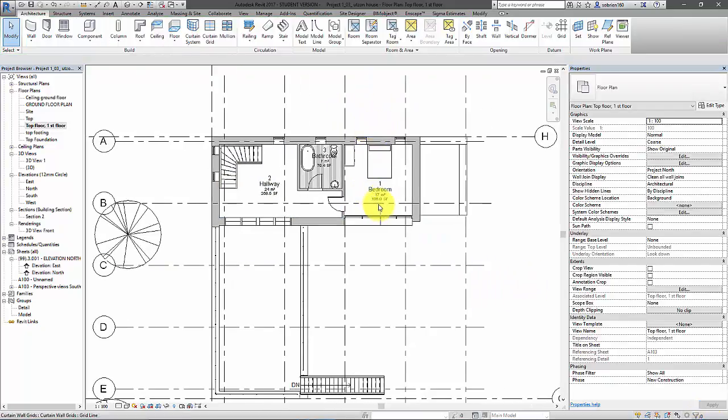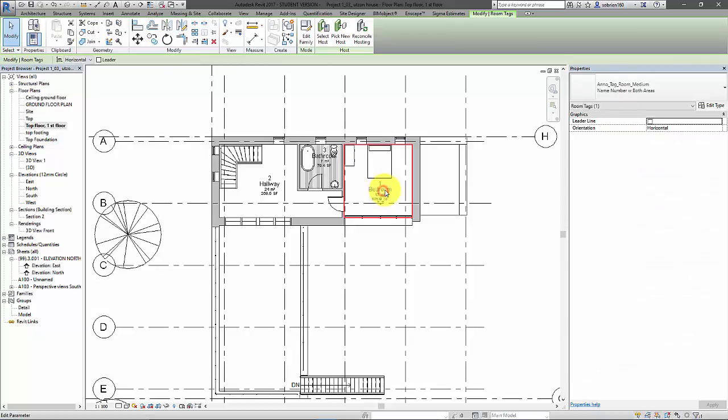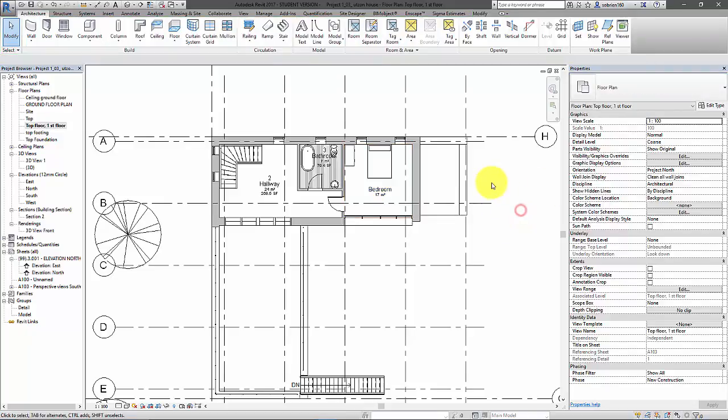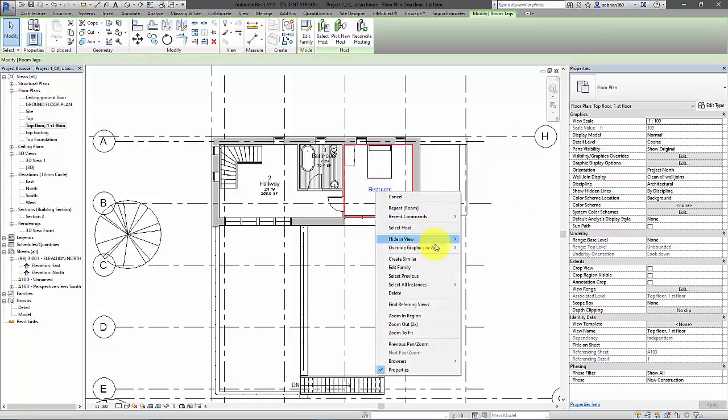So it's giving us both square meters and square feet. That's just a question of changing the label type. So we can change it to just name number with metric area, so we don't need to have square feet everywhere. Or we can right click on it and say